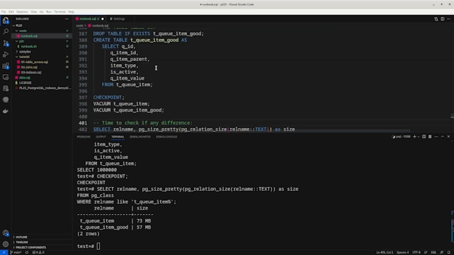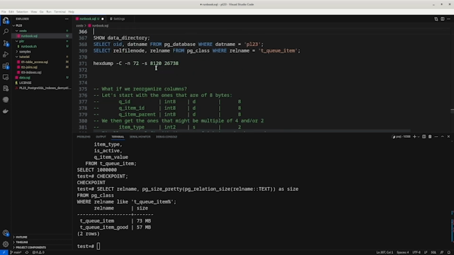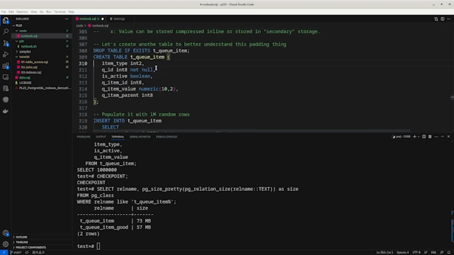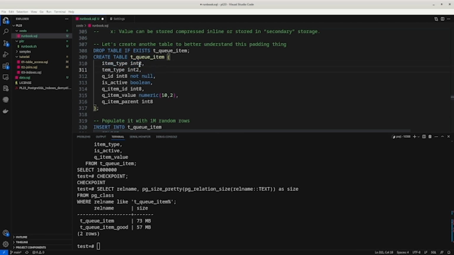So if I had, oh goodness, here we go again. If we had here, for example, this is an integer of 2, right? So if my table had an integer of 4, that is the default integer, instead of wasting 6 bytes here, because I'm wasting 6 bytes since the next column here is an integer of 8. Remember, it will try to align with 8 bytes. Here they can join together. We'll only waste 2 bytes in this case.